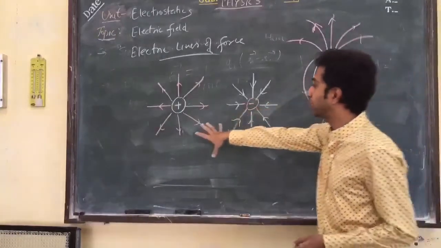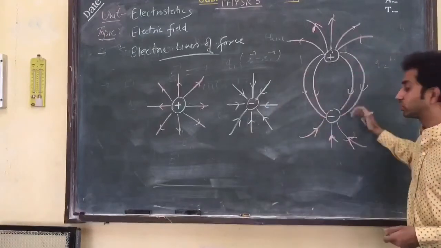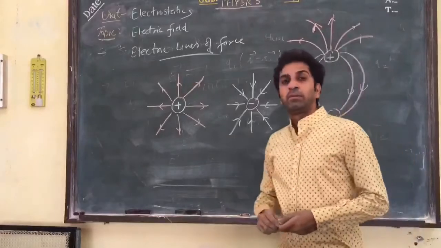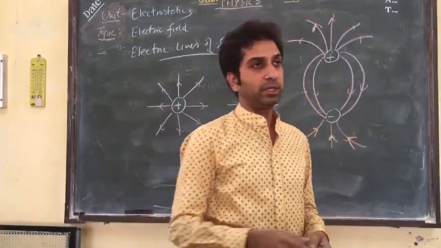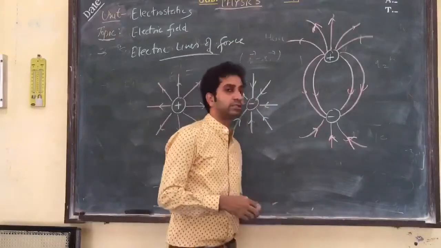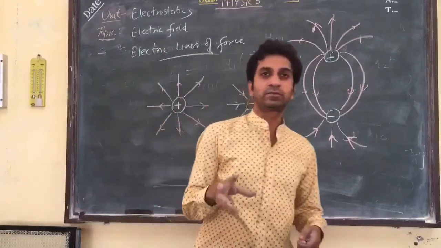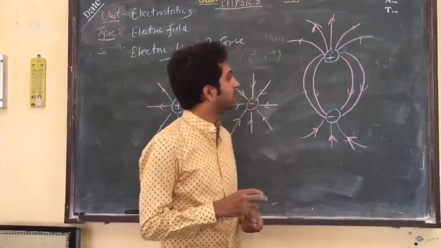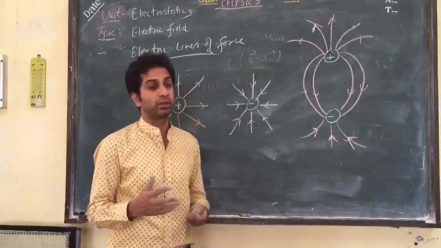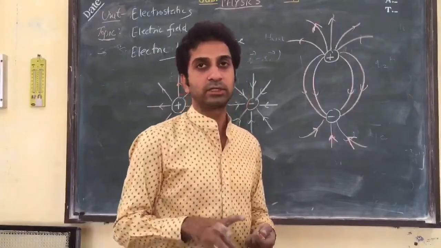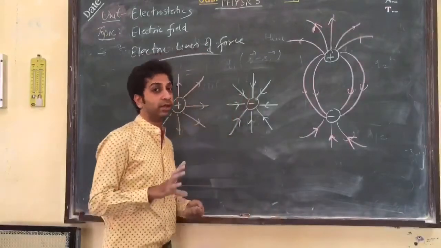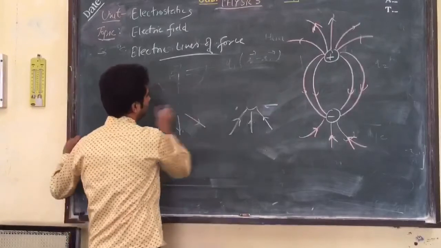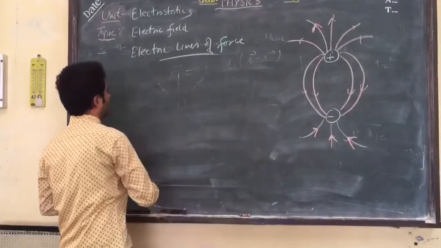This is the individual positive, individual negative, or you are taking the combination of positive as well as negative. And you can also go for a positive and positive combination. Think how to draw these lines. This is a question for you: to draw the electric field lines for a combination of two positive charges. So think how to draw these lines. If I am giving a question, that is, you have two positive charges in combination, you need to draw electric field lines. Okay, right?